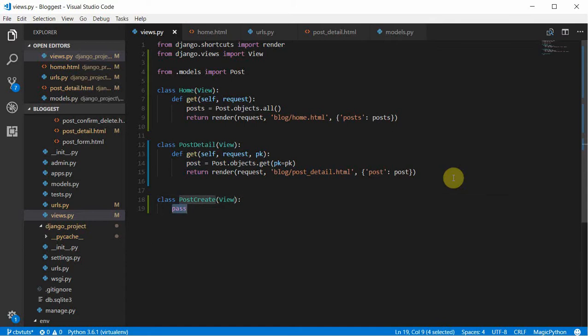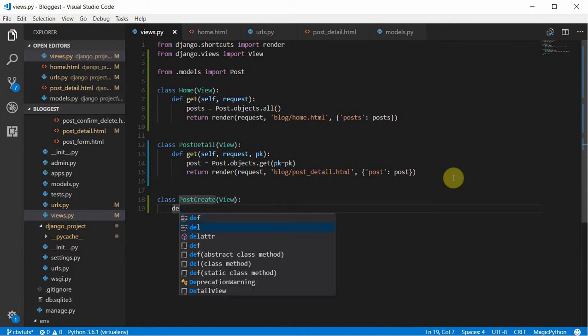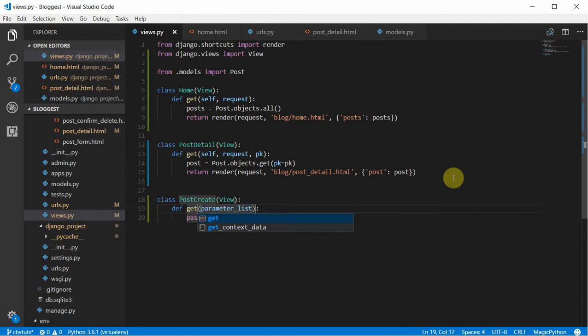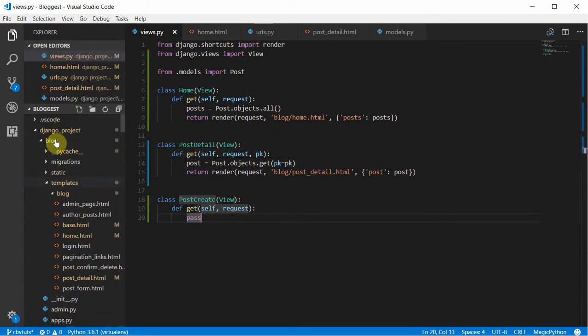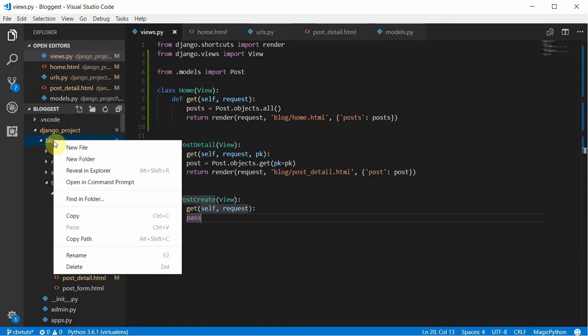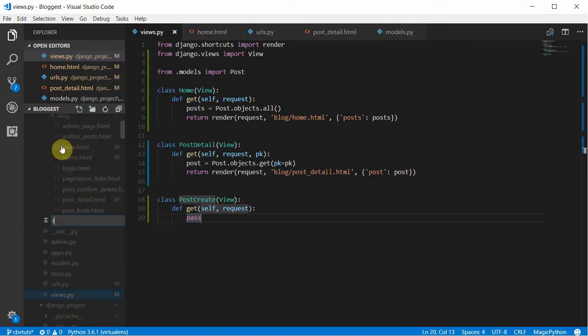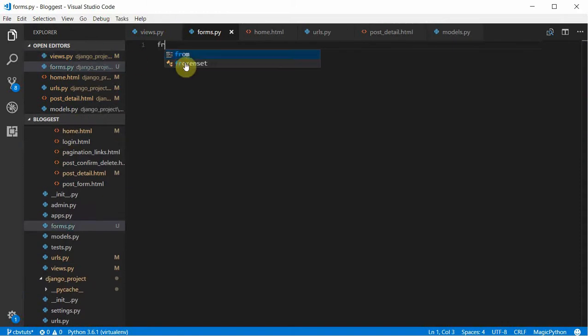Yeah. So we have the function to get. Then first of all, since this is a creation of a post, we have to create a form. So let's head to our app, create a new file, forms.py, and we'll create a